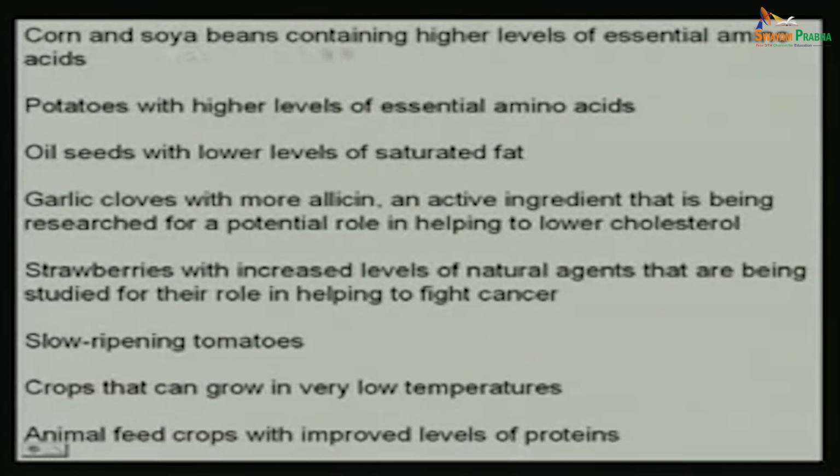Corn and soybeans containing high levels of essential amino acids, potatoes with higher levels of essential amino acids,